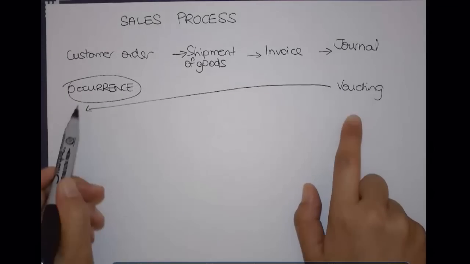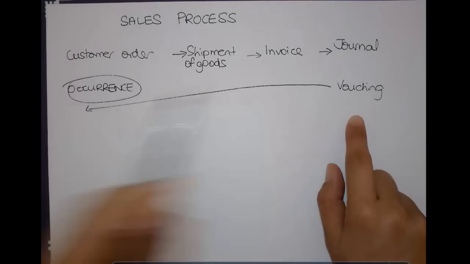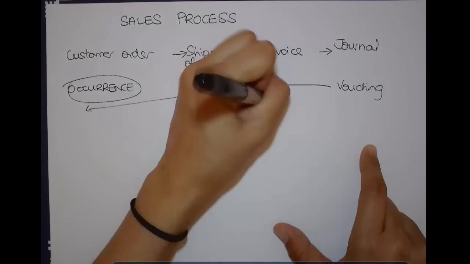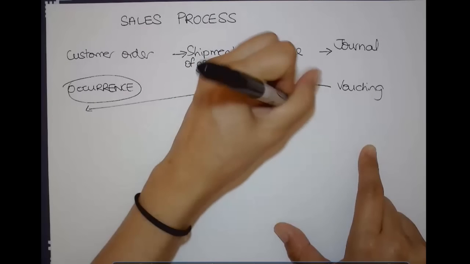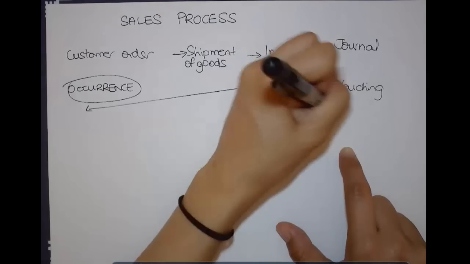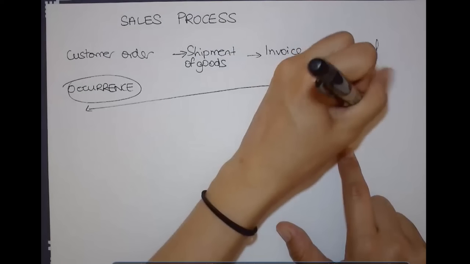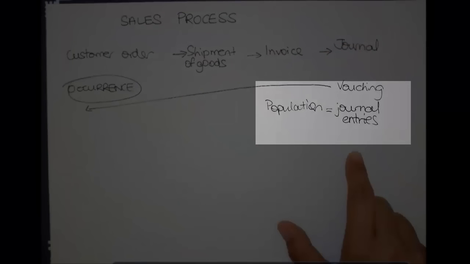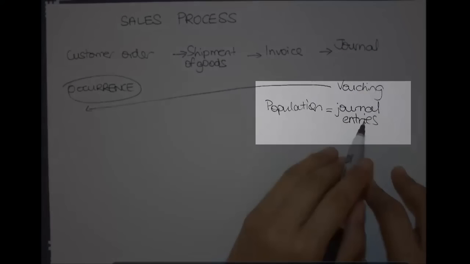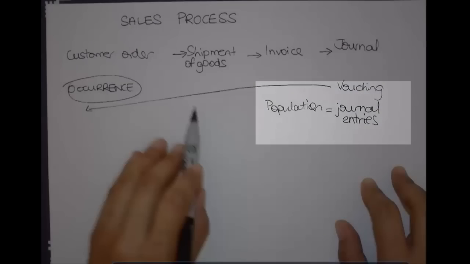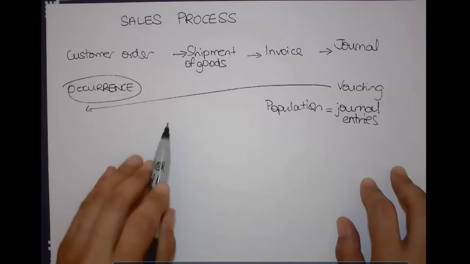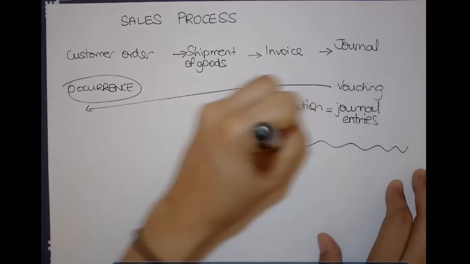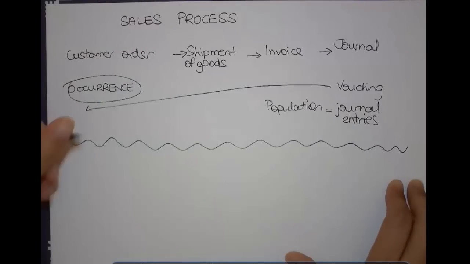So if I'm testing occurrence, I need to start with my journal entries and work back to my customer orders. My population, from which I'm going to select my sample, is going to be my sales journal entries. Okay? So I start with my journal entries, and then I work backwards to find matching invoices, shipment notification, and customer orders. What if, however, I'm testing